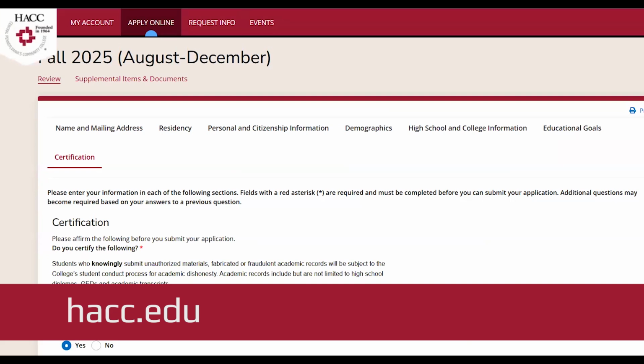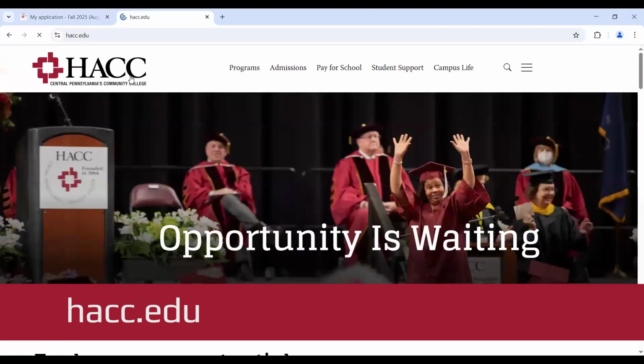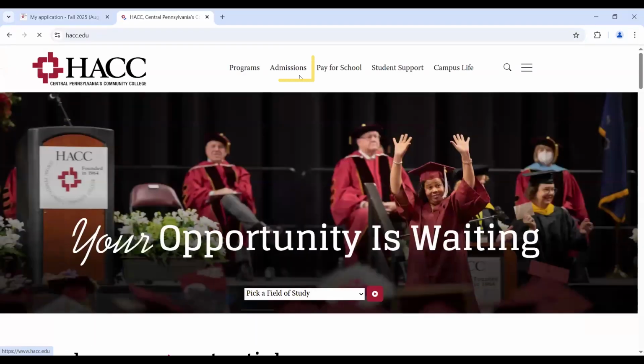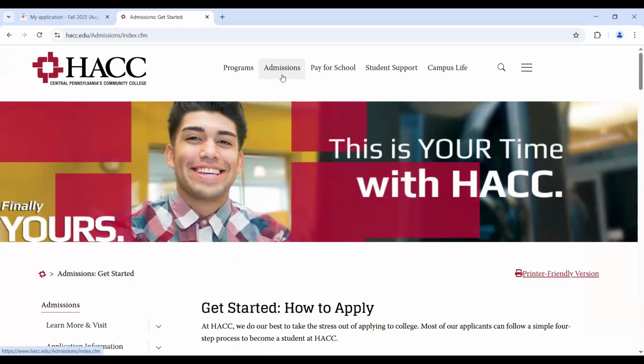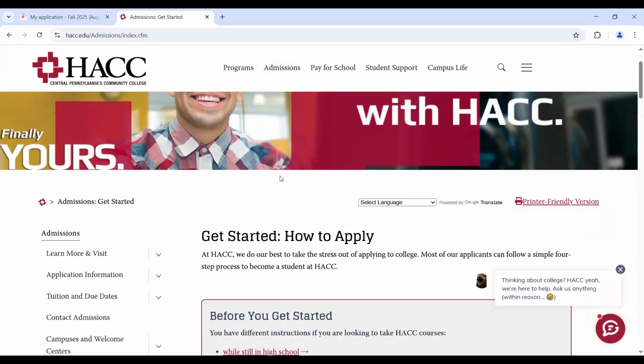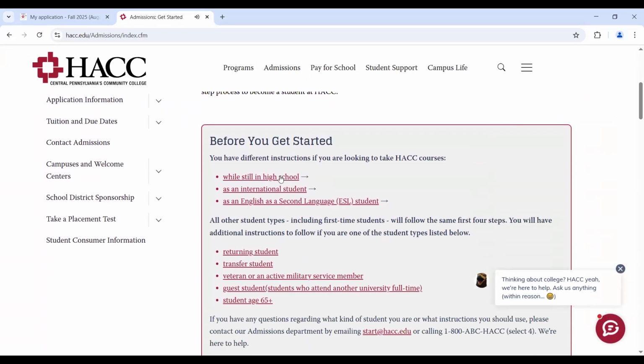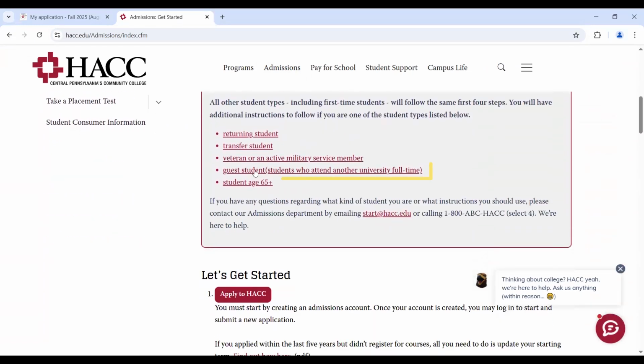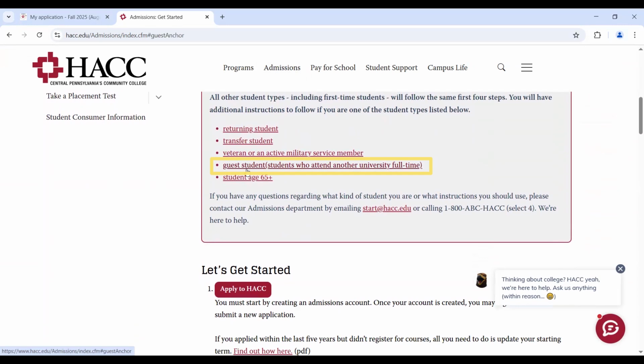So you are going to head back to hack.edu and go to admissions. From here, you will scroll down a little bit and you can see that there is a link here for guest students.